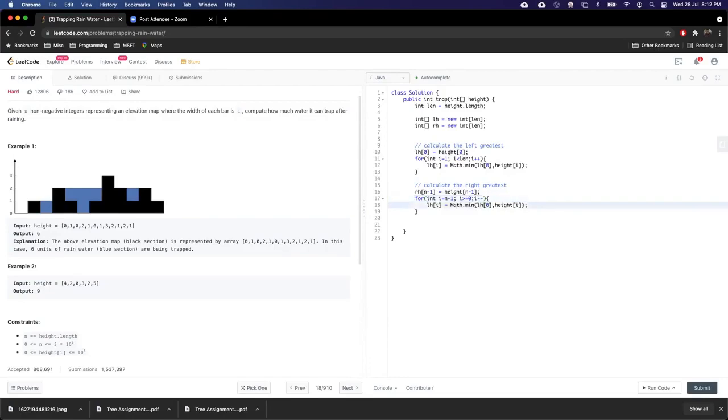And that's why RH of i will be equal to Math.min between RH. This is not 0. This should be i minus 1. This should be i plus 1. This should be height of current line. Okay, now we will calculate the total water.